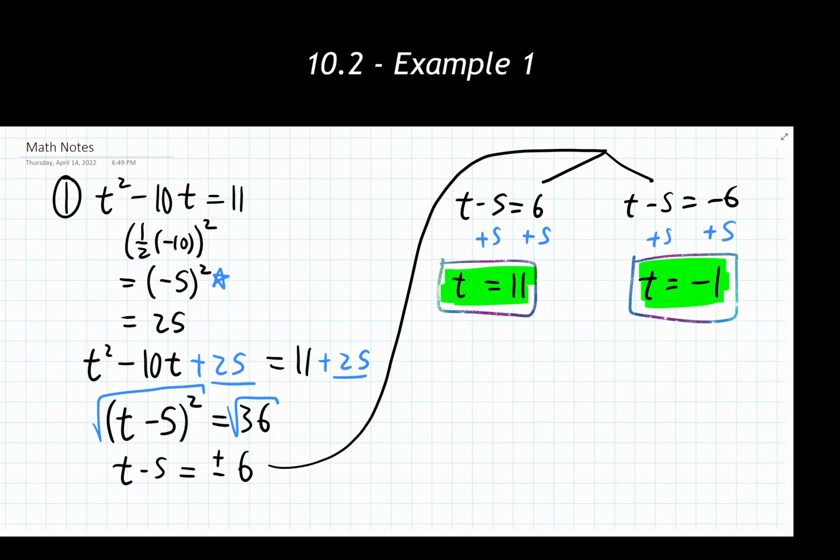We'll see this in more examples, but the step right here is going to save you a lot of time if you write that out for yourself. This is our shortcut for not having to do the full factoring to get to this step here. Make sure you're doing that and writing that out in all of your problems.